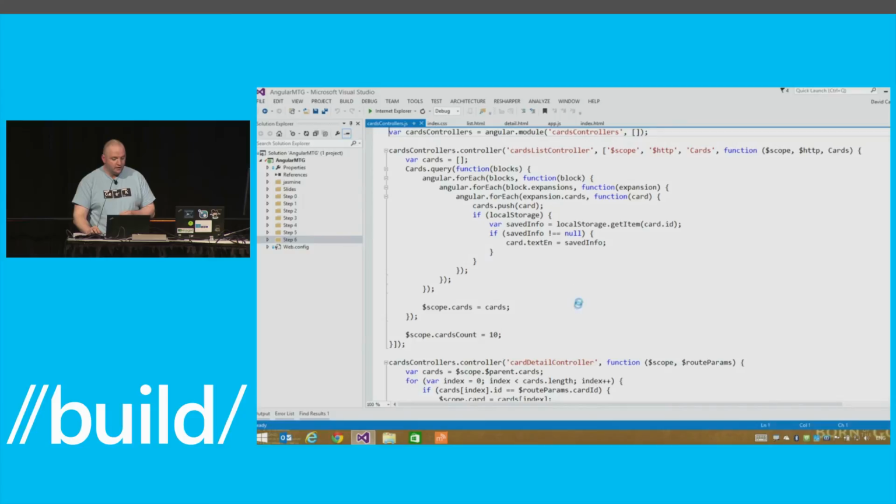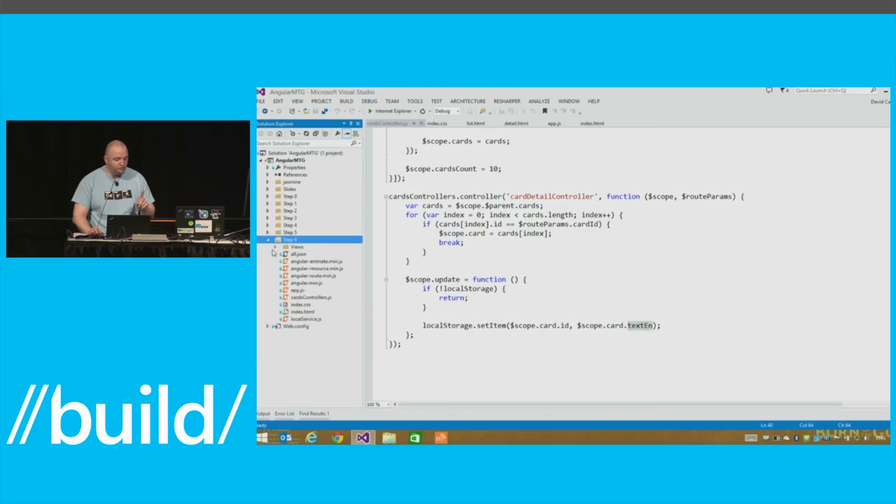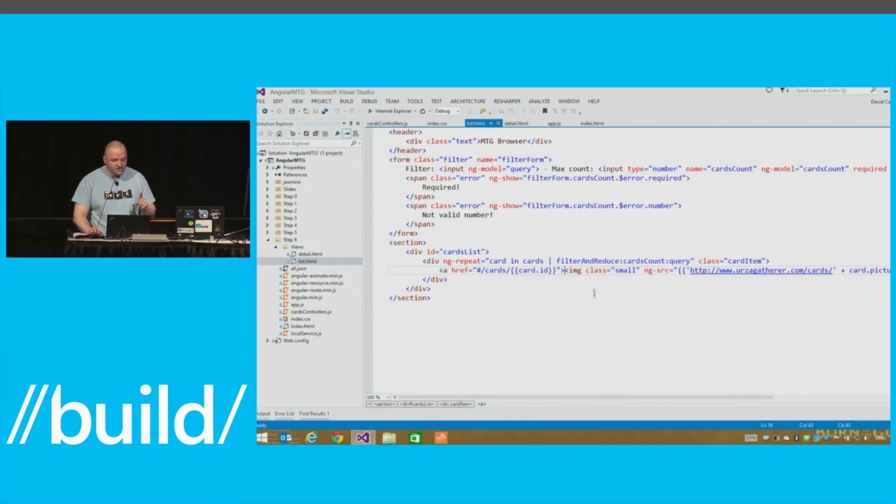What I did right there is, on my card detail controller, each time I change the text area of my card, I use local storage and set a key associated with my ID to a new value. Okay? So if we go to the view quickly,